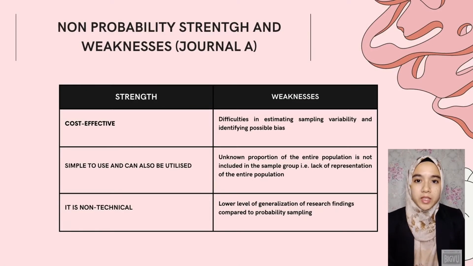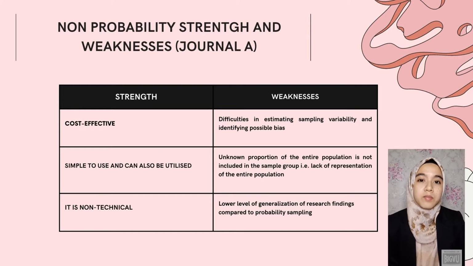Advantages of non-probability sampling. The first one is cost-effective. By definition, non-probability sampling is a sampling strategy in which the researcher picks a sample based on the researcher's subjective assessment rather than random selection. It's a more lenient approach. For exploratory research, such as a pilot survey, non-probability sampling deploys a survey to a smaller sample compared to the predetermined sample size. This strategy is used by researchers when random probability sampling is impractical owing to